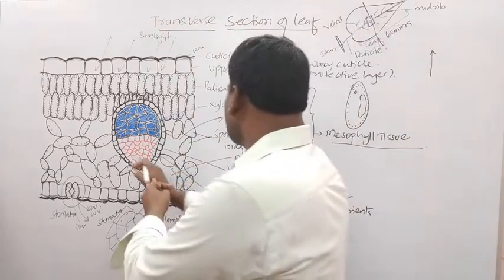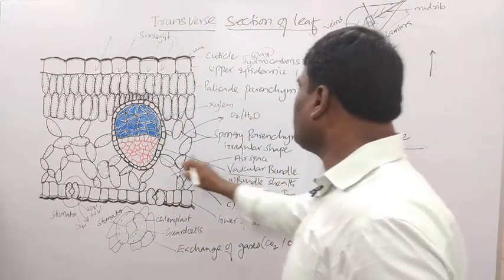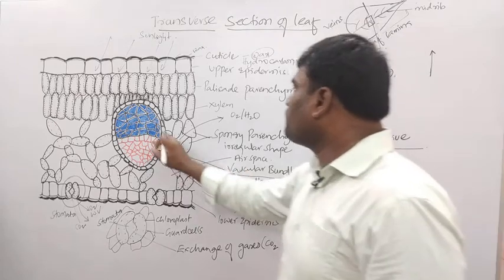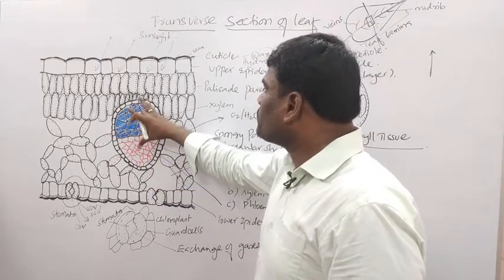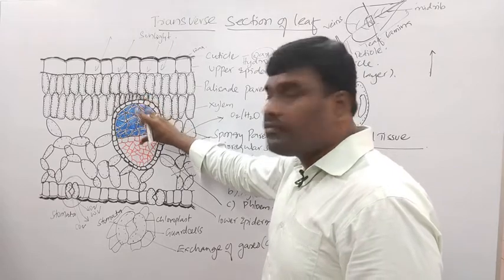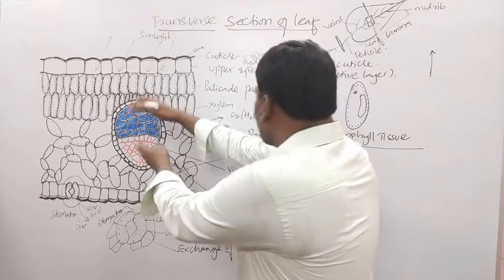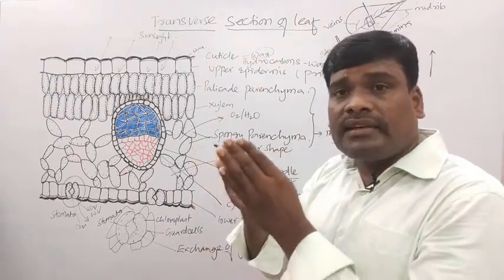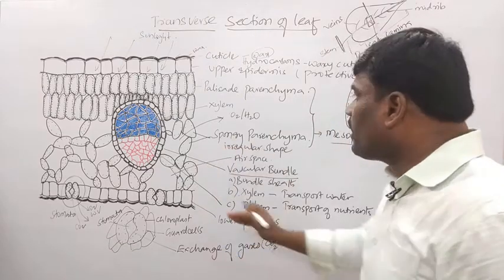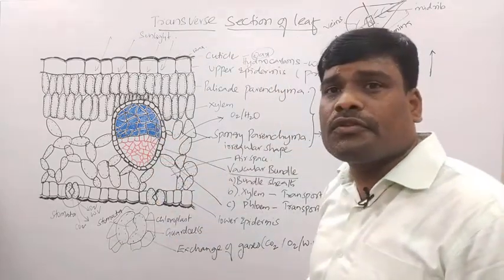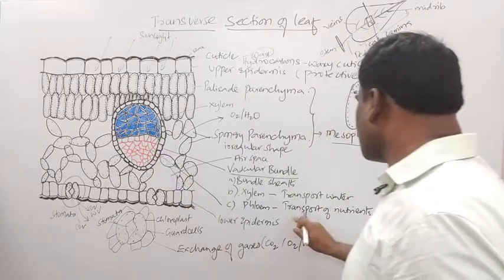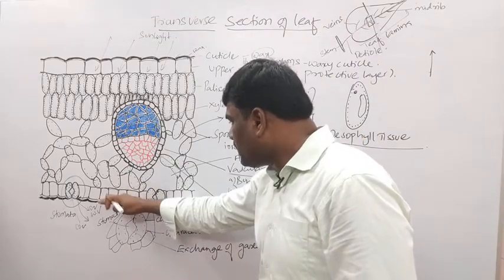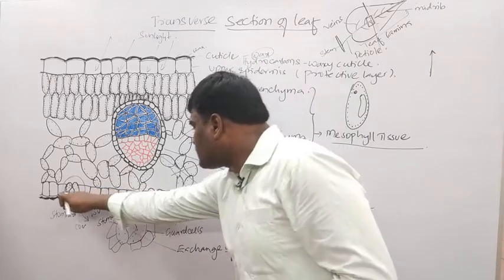Chloroplast. And here we see a vascular bundle, children. This vascular bundle consists of three types of what? Cells. One is bundle sheath. This bundle sheath is a circular one, and it helps in what? Bringing this xylem as well as what, children? Phloem vessels together, to pack together. Okay, and this one is xylem, which helps in transportation of water, and this is phloem, which helps in transportation of nutrients, right?